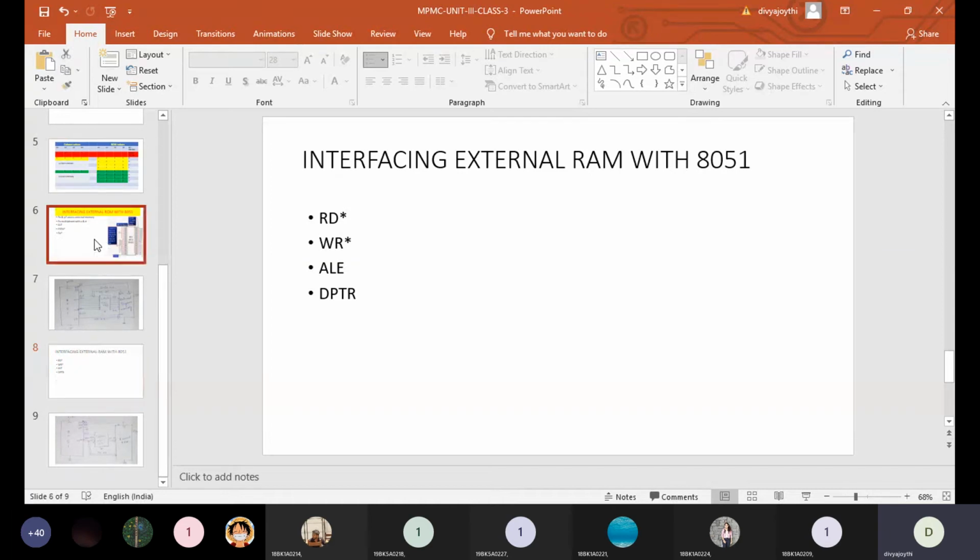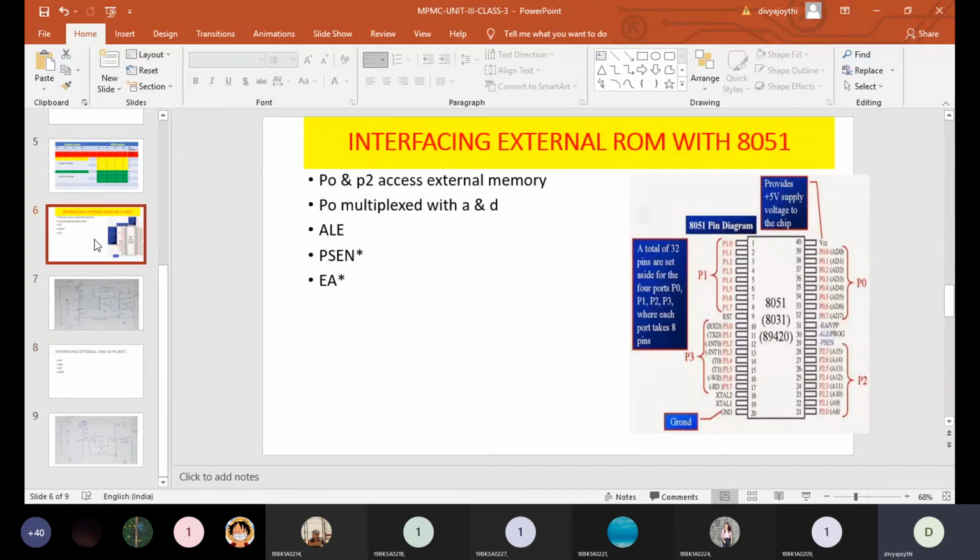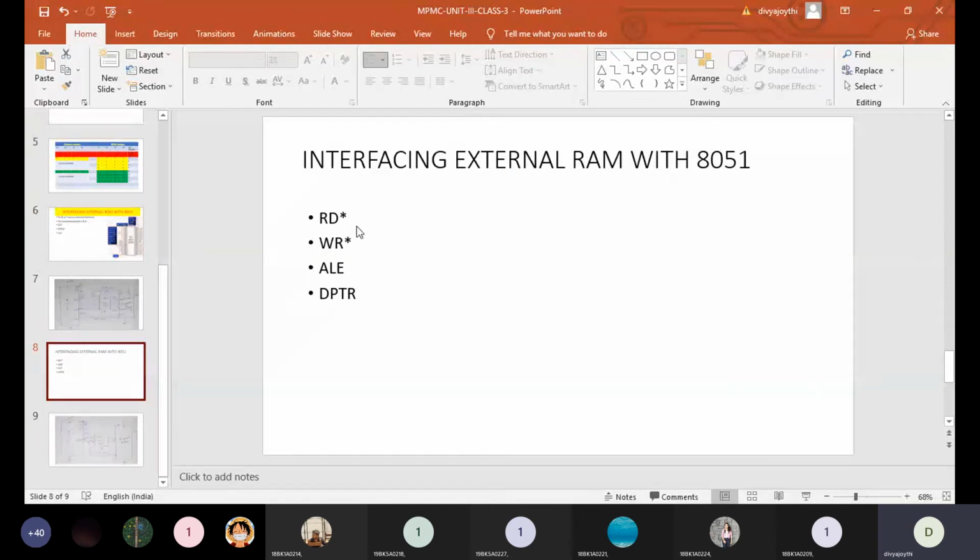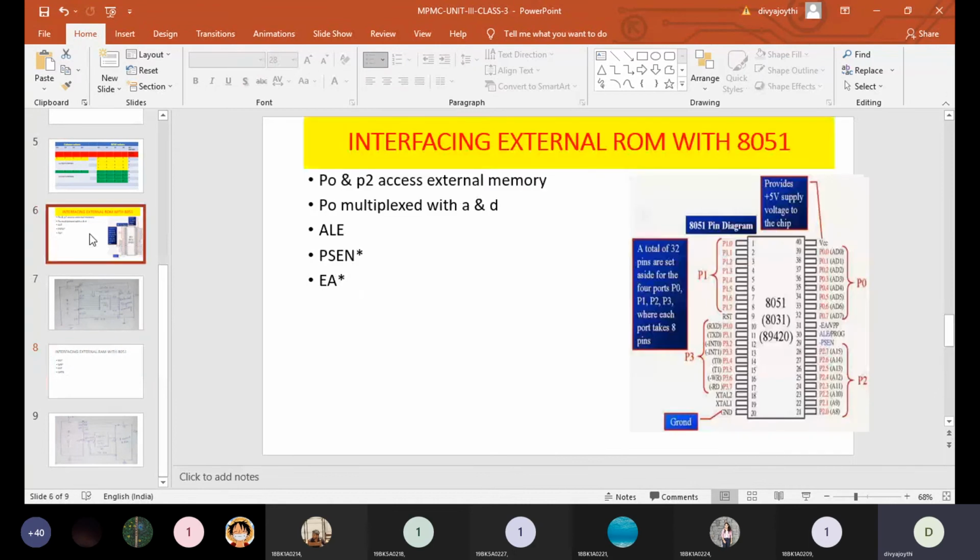Why do read bar and write bar come into the picture? Here it is a program memory, so reading and writing won't be there. It is a direct access; only execution will be happening. But coming to RAM, it is a data memory. That means the data may need to be written by the controller, or the data can be read by the controller.